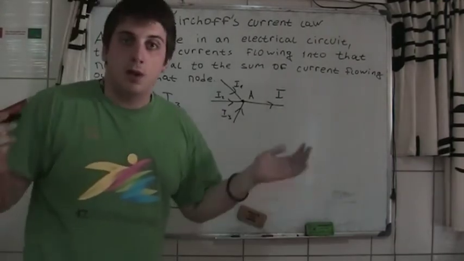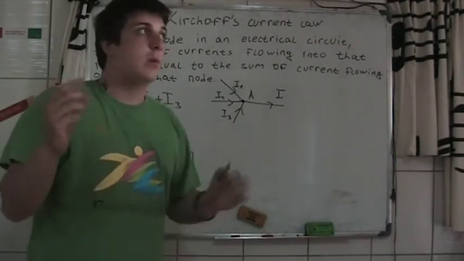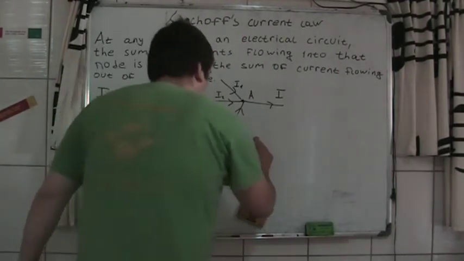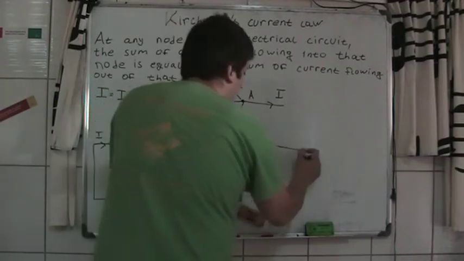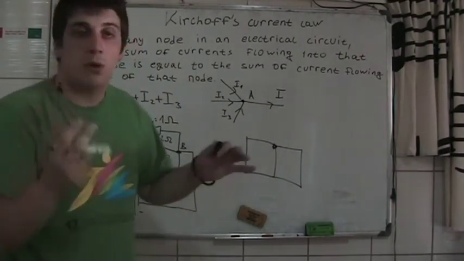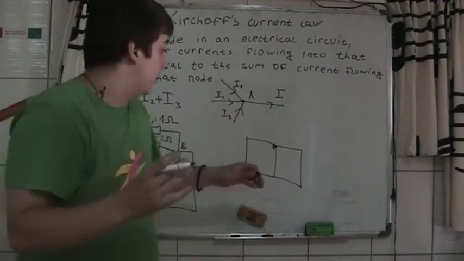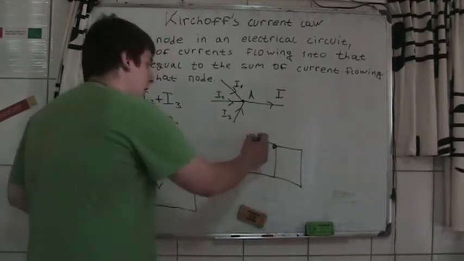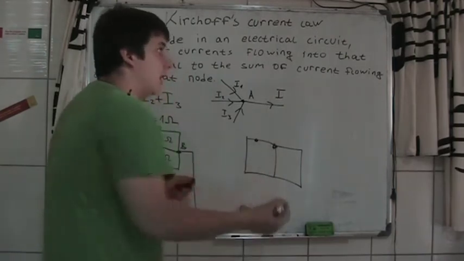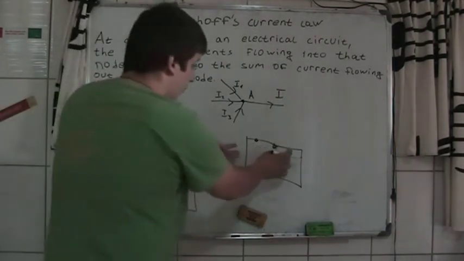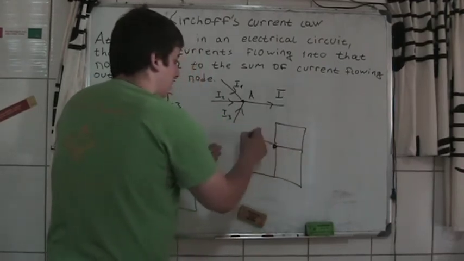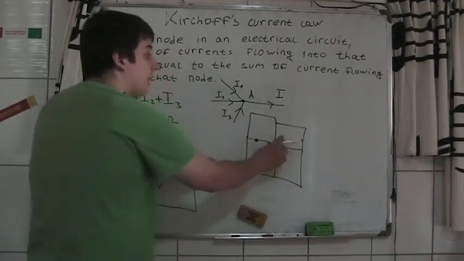Let me first show you what a node is. A node is a point where two or more circuits meet each other. So, for example, you have here one circuit and now you have here another circuit. So this here is a node. You have to have two or more circuits, so you will have a node. Here you don't have a node because this all is one circuit. But if you have two or three or four more circuits, like this, here you have a